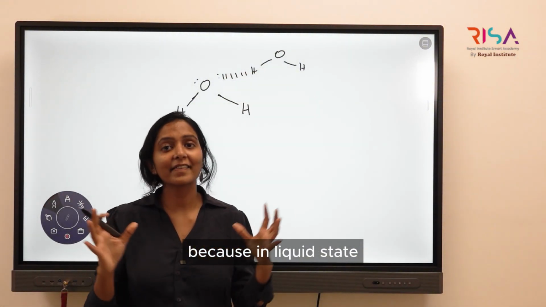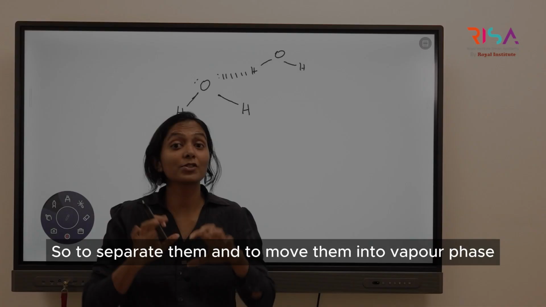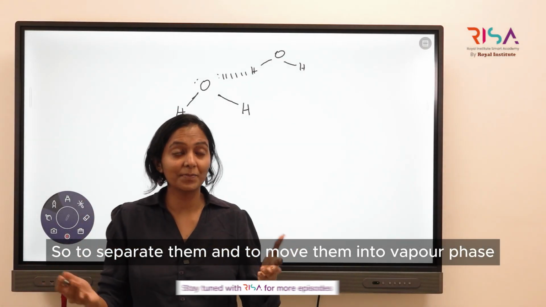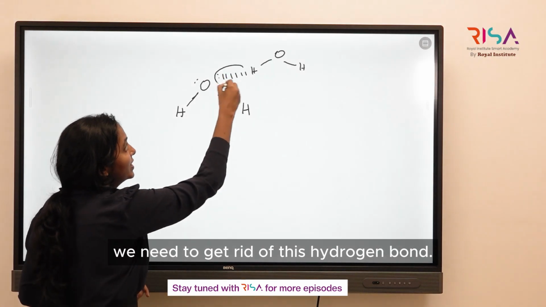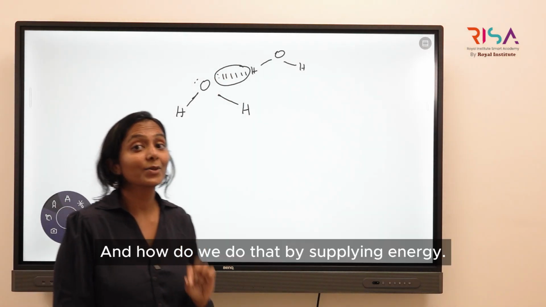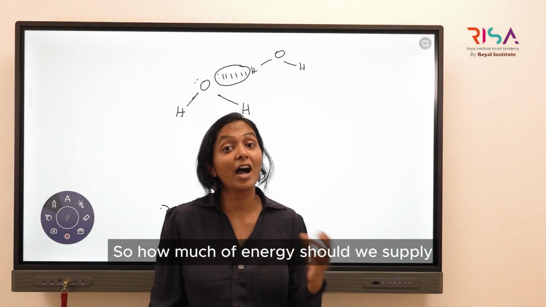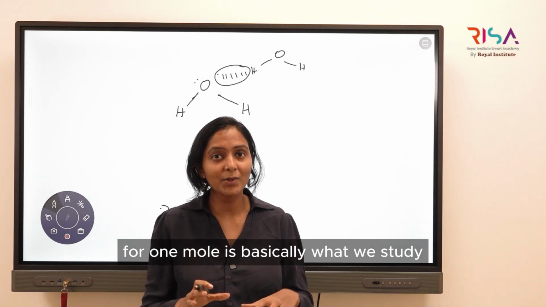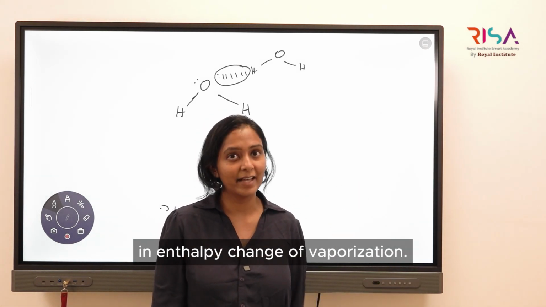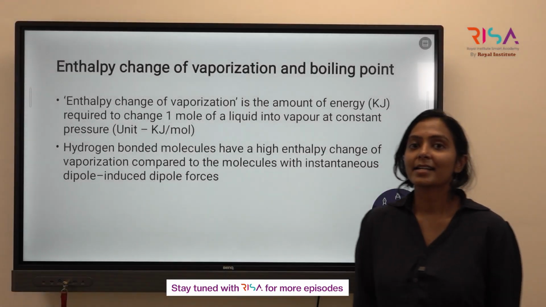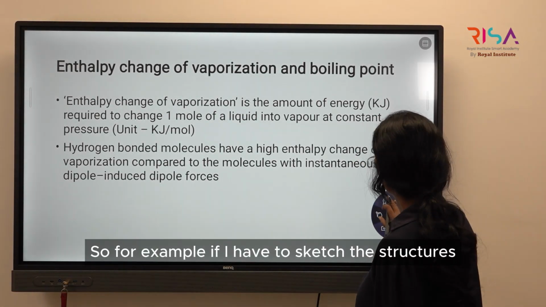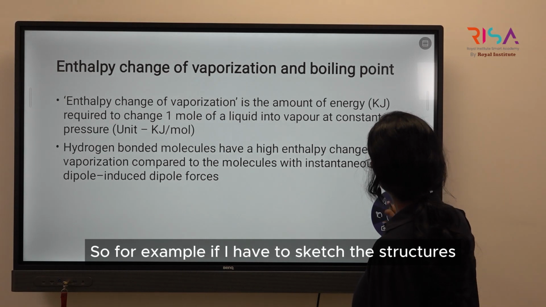Because in liquid state, these molecules are closer to each other. So to separate them and to move them into vapor phase, we need to get rid of this hydrogen bond. And how do we do that? By supplying energy. So how much energy we should supply for 1 mole is basically what we study in enthalpy change of vaporization. So for example, if I have to sketch the structures,